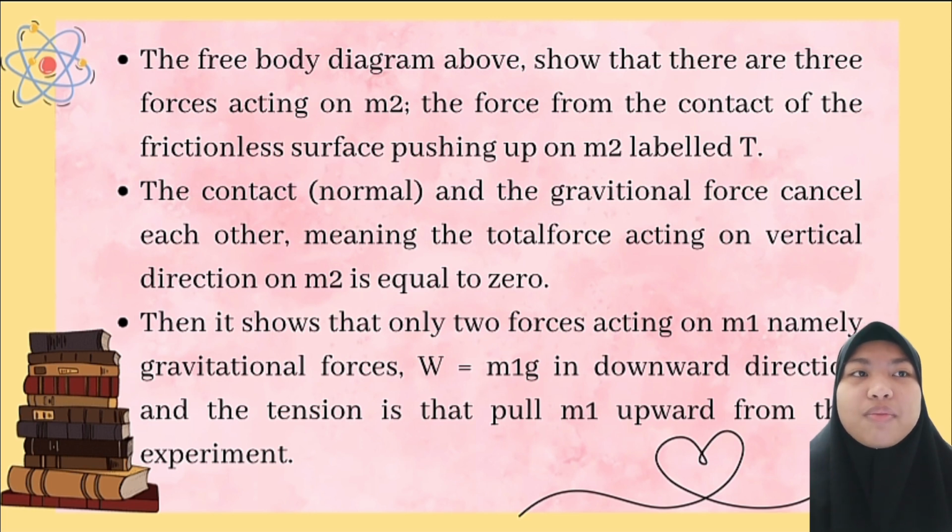The free body diagram above shows that there are three forces acting on M2. The contact force from the frictional surface pushes up on M2, labelled T. The normal contact force and the gravitational force cancel each other, meaning the total force acting in the vertical direction on M2 is equal to 0. Then, it shows that only two forces act on M1, namely the gravitational force W = M1g in the downward direction, and the tension T that pulls M1 up. From this experiment,